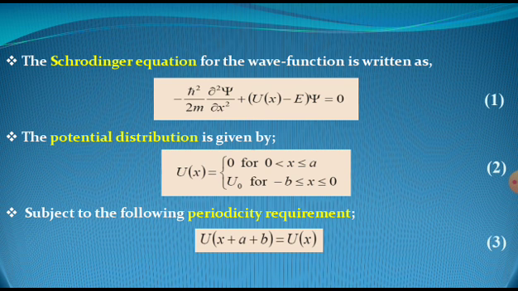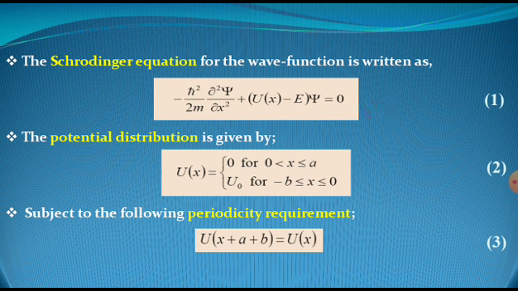So here now you will see the mathematical expressions, but don't worry, these are very simple mathematical relations. You just have to remember the particular operations which we are going to perform in each of the equations. The Schrodinger equation, which is well known for the wave function, is written as minus h cut squared upon 2m del squared psi upon del x squared plus (U(x) minus E) psi is equal to 0. This is your equation number 1.